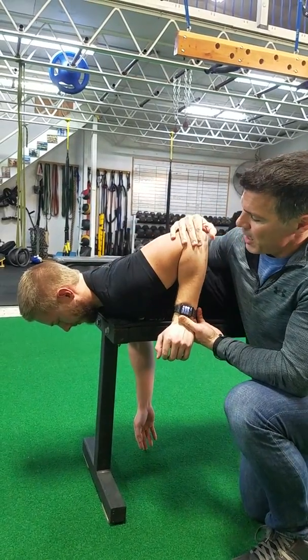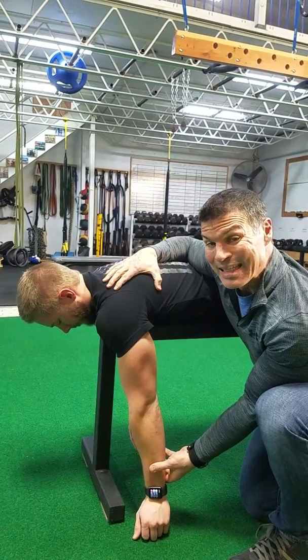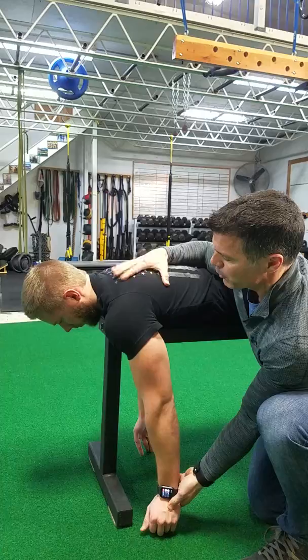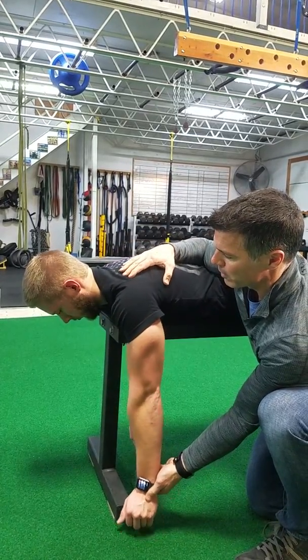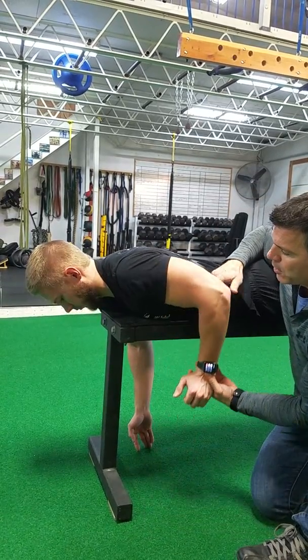So if we're driving a car, it's like being slammed into the seatbelt or maybe the steering wheel, right? It's no bueno for that shoulder. So instead of having this happen through here, train this way. Shoulder blade leads, elbow follows. So have that shoulder blade lead first, pull back, arms still straight, right? Come back down here. It was all shoulder blade, again, right? Shoulder blade leads, elbow follows to rib cage,